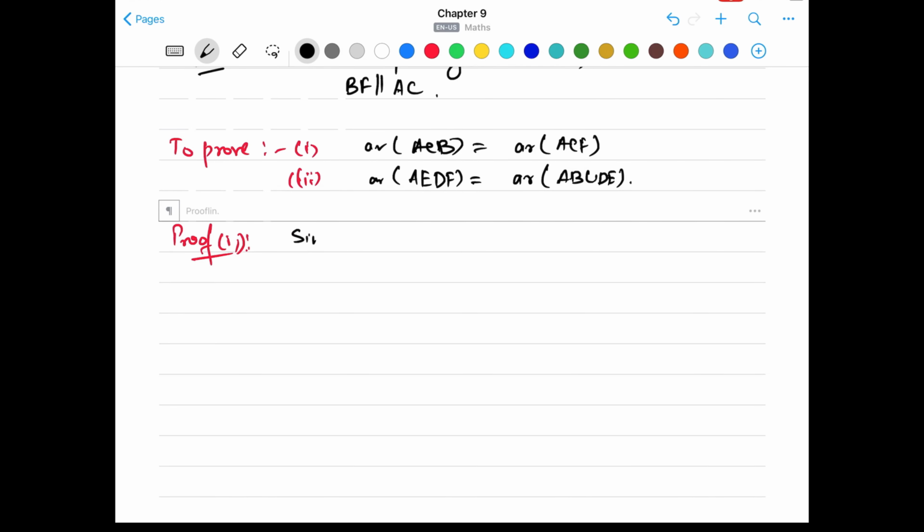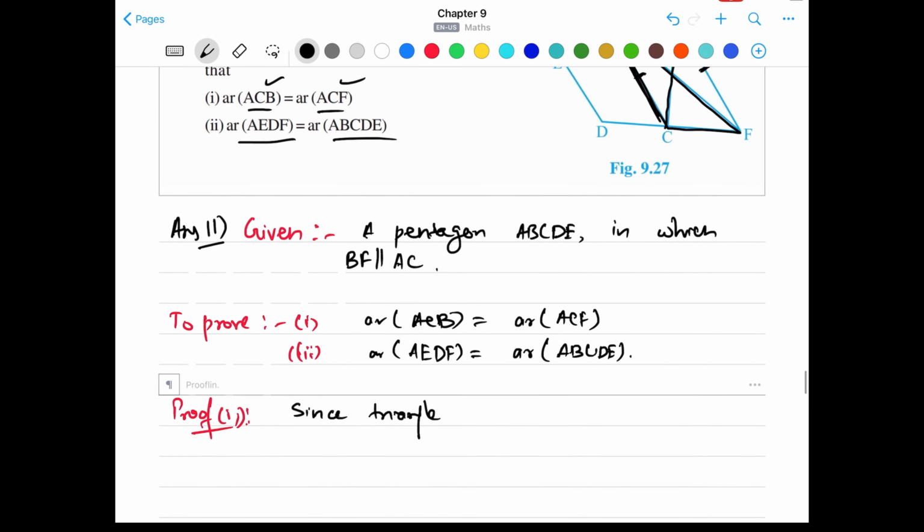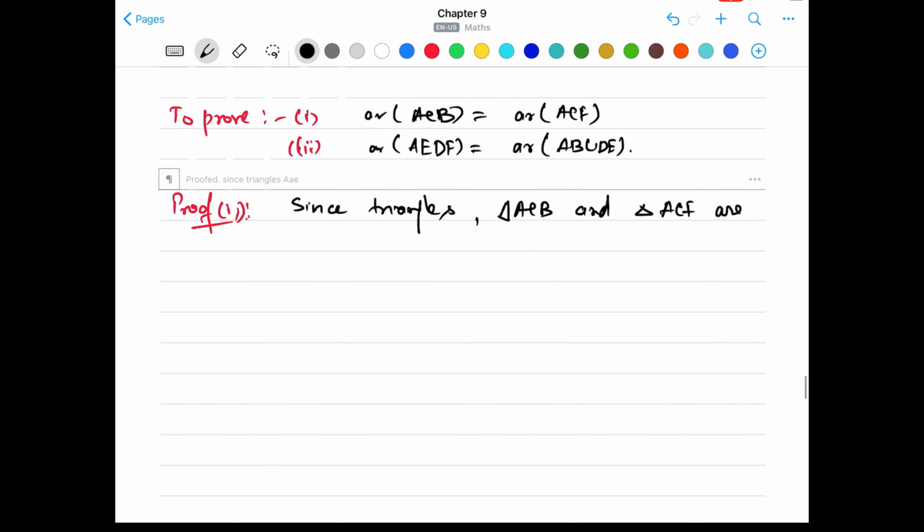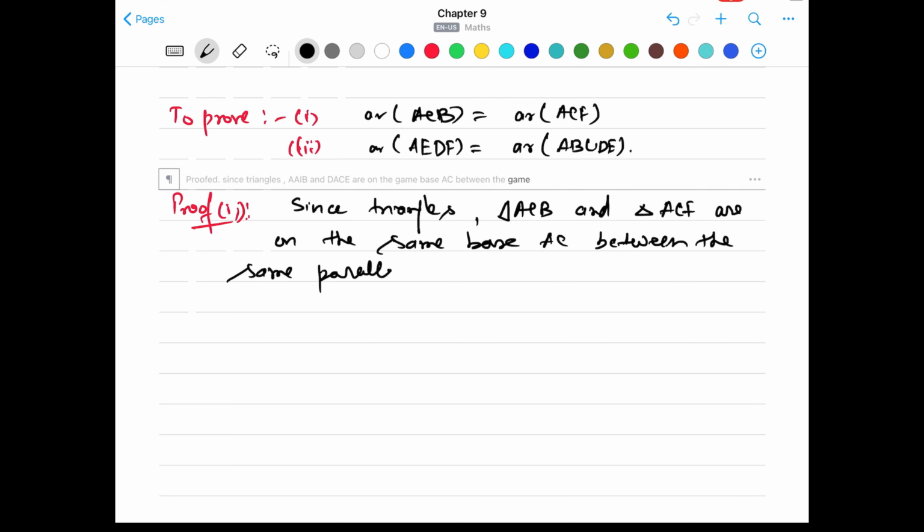since triangles ACB and ACF are on the same base AC, and between the same parallels AC parallel to BF, therefore,